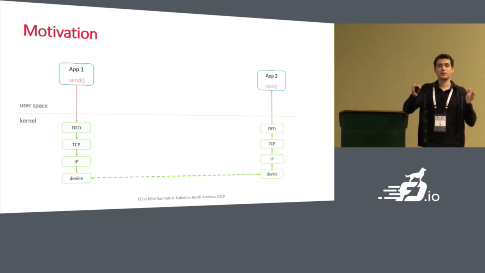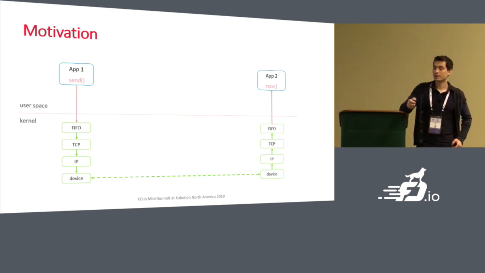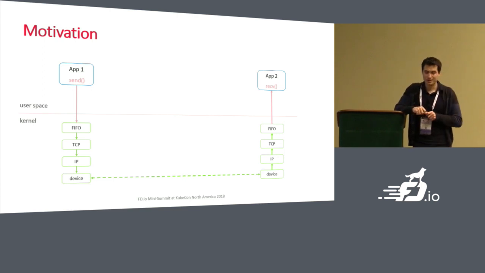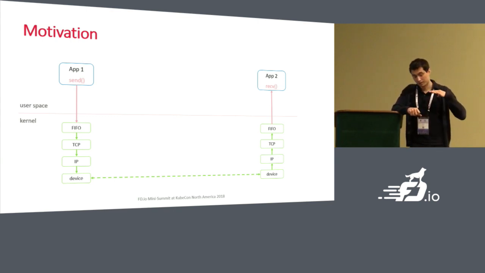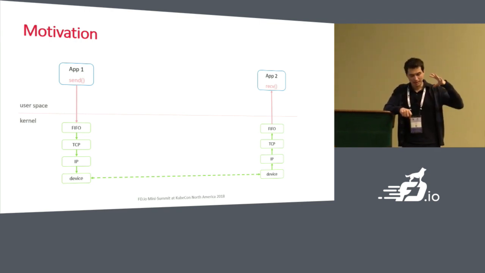So let's say we have two applications that want to exchange data, like I'm showing here. We have app 1 and app 2. They're part of the user space, and they want to exchange data over sockets, as they typically do. And this time it happens that those sockets are stream sockets. So to exchange the data, let's say app 1 uses a syscall. For this case, let's say it's a send. It pushes data over the user space to kernel boundary, the kernel gets it, buffers it, and then pushes that information through the whole stack.